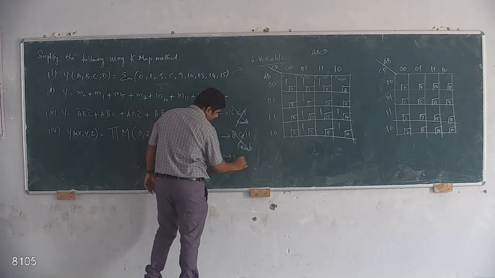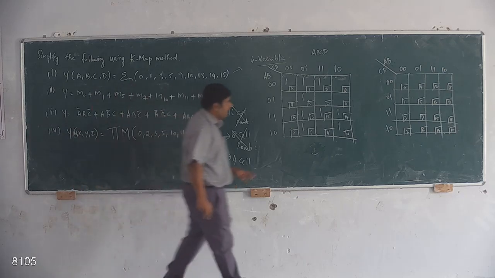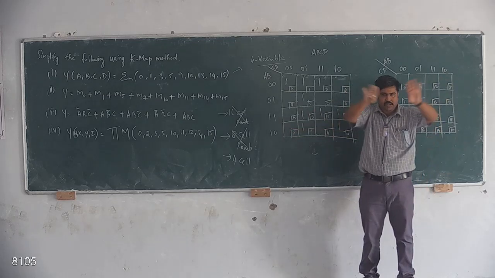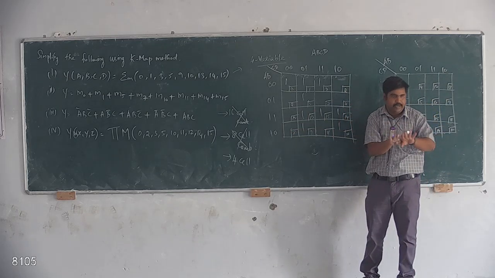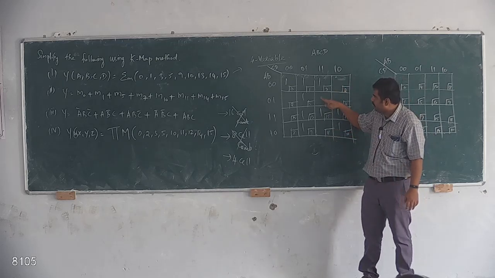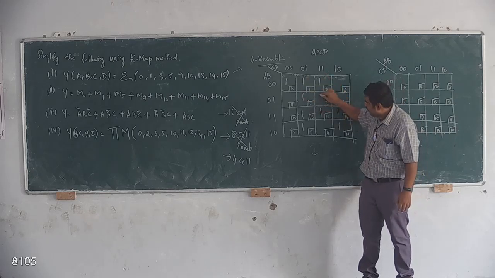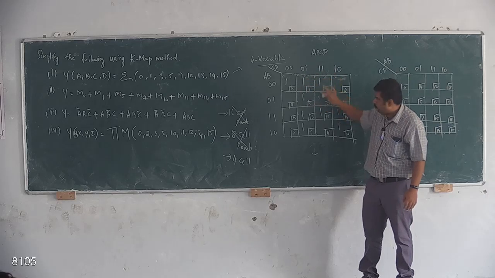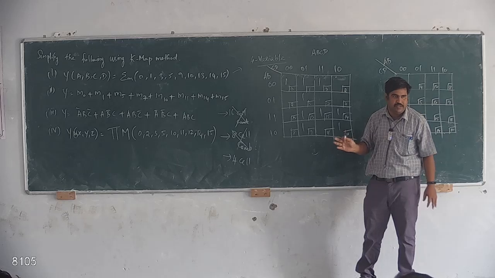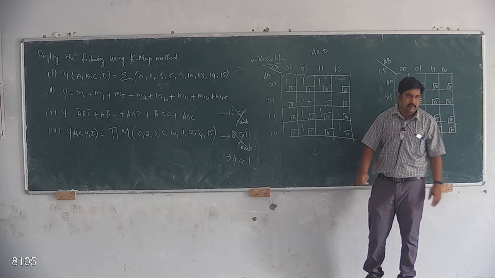Next I need to go for the 4-cell combination. A 4-cell combination is possible. Suppose here 1, here 1, here 1, here 1, we can also combine, because top to bottom we can fold, and right to left we can fold. Here no 1 is present. Suppose if 1 is present here, we can combine these 4. If any 1 is present here, we can combine any of these 4. But we do not have such a case. So is any 4-cell combination available? Is there? Where?